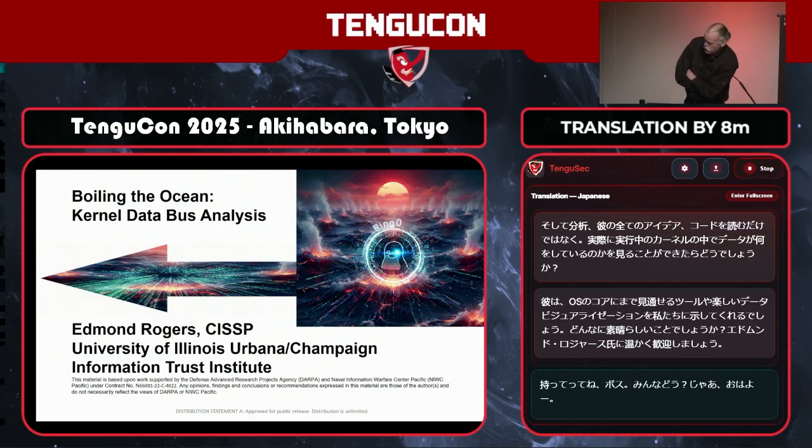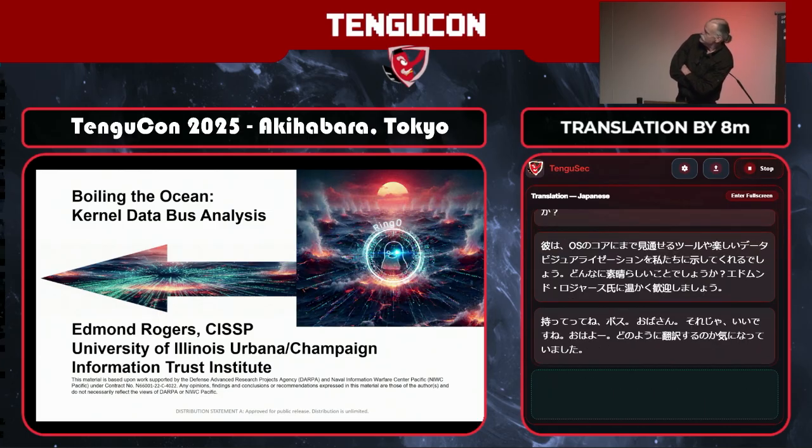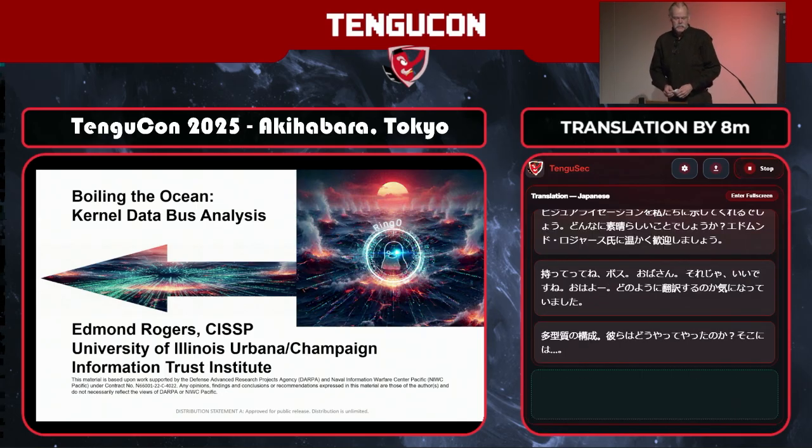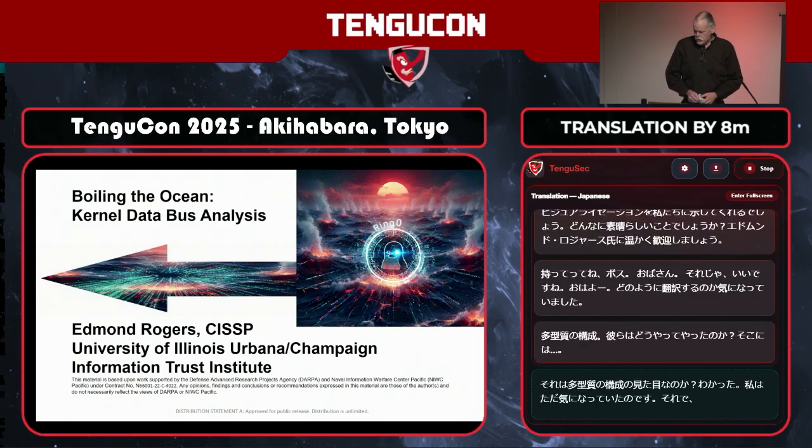I was wondering how they would translate polymorphic composition. How did they do? Is that what polymorphic composition looks like? Okay, I was just curious. So, this is